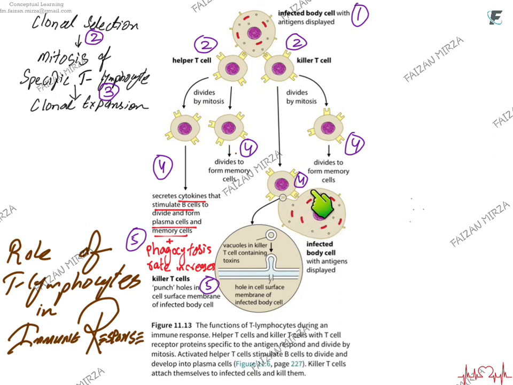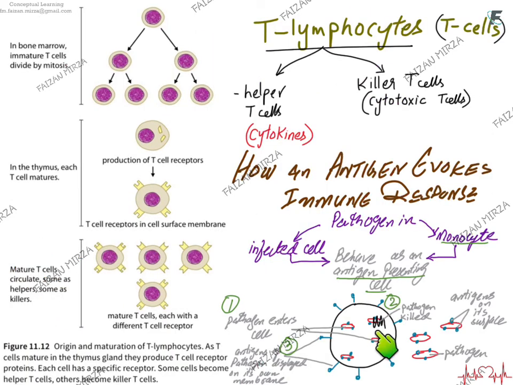So once this toxin goes into the host cell, which is having a lot of pathogens, this host cell will be killed altogether. Imagine this host cell having so many bacteria that are constantly multiplying. Eventually this cell would burst and spill all the bacteria into its surroundings, and these bacteria would go on to infect more cells. So to prevent this from happening, you kill the whole host cell together. When the host cell is killed by the killer T cell or the cytotoxic T cell, this cell is not in existence anymore. So once it gets killed altogether, the pathogens that were dividing in it will also get killed.